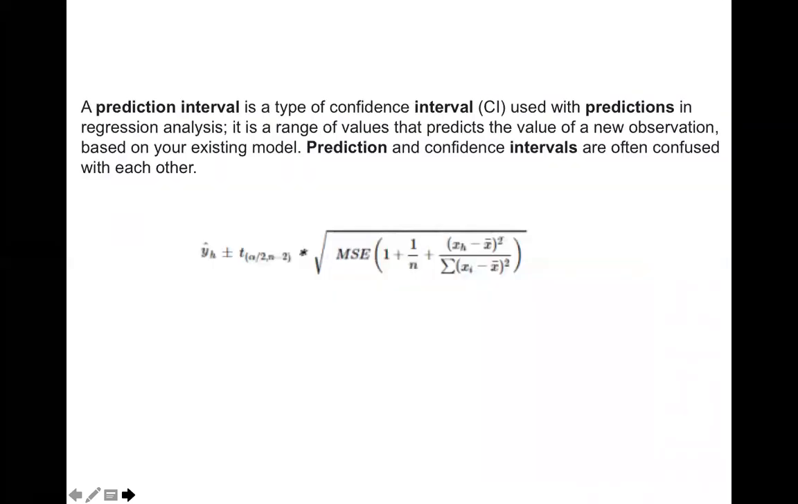And prediction interval. Prediction interval is a type of confidence interval used in predictions of the regression analysis. So it is the range of values that predicts the value of a new observation based on the existing model. For example,